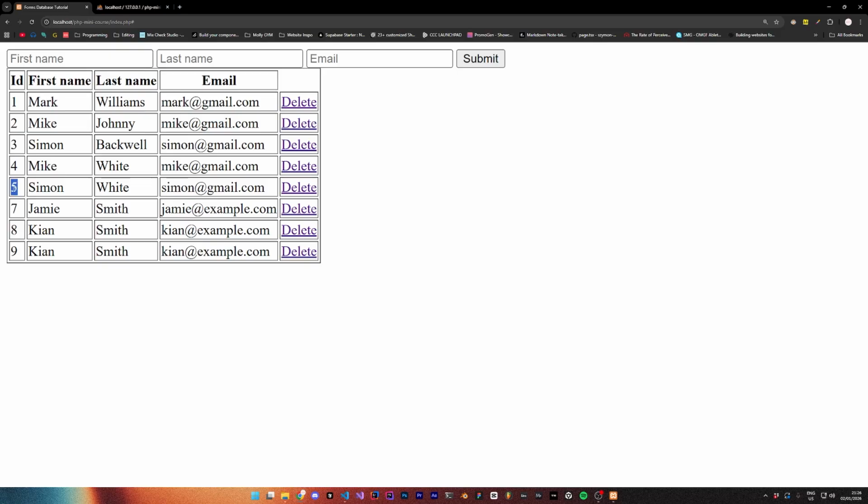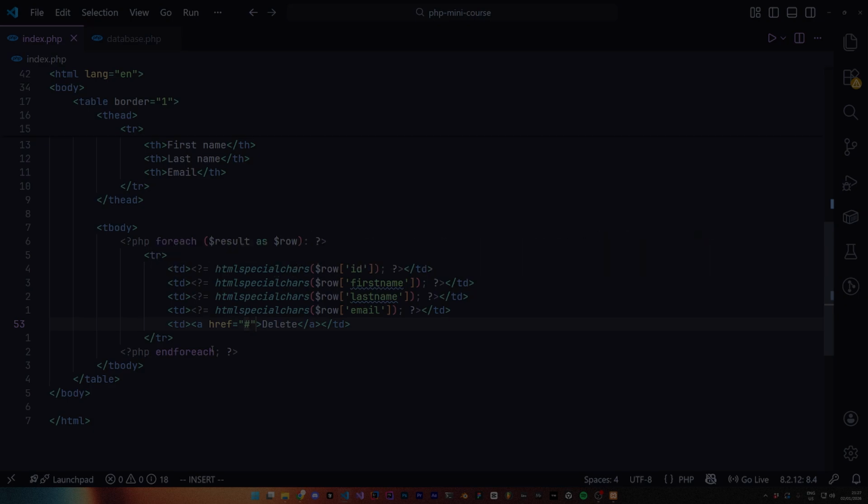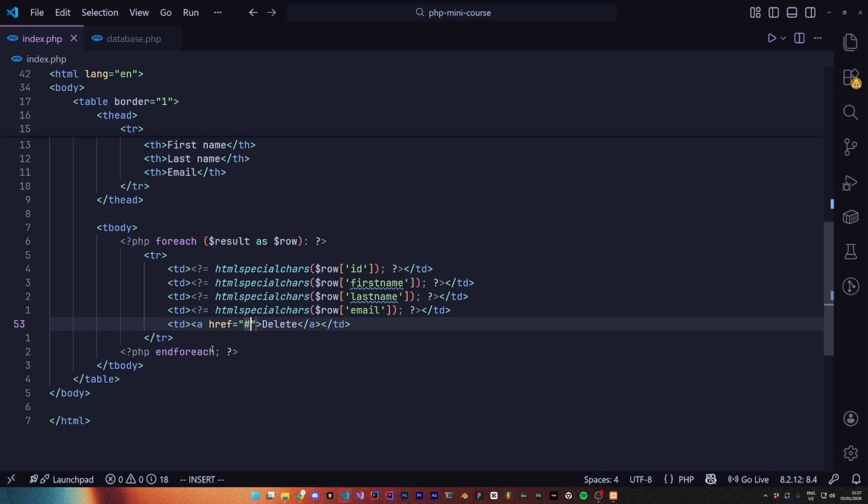So how do we get this ID of 5 to our delete button, and that then gets sent to our script? URL parameters. In PHP, we are able to retrieve data that's inside of URL parameters by using the GET superglobal. So let me show how that works. First, I'm going to change this from a hashtag to actually something functional. So this script will be called script/delete_row.php, but then we append the query